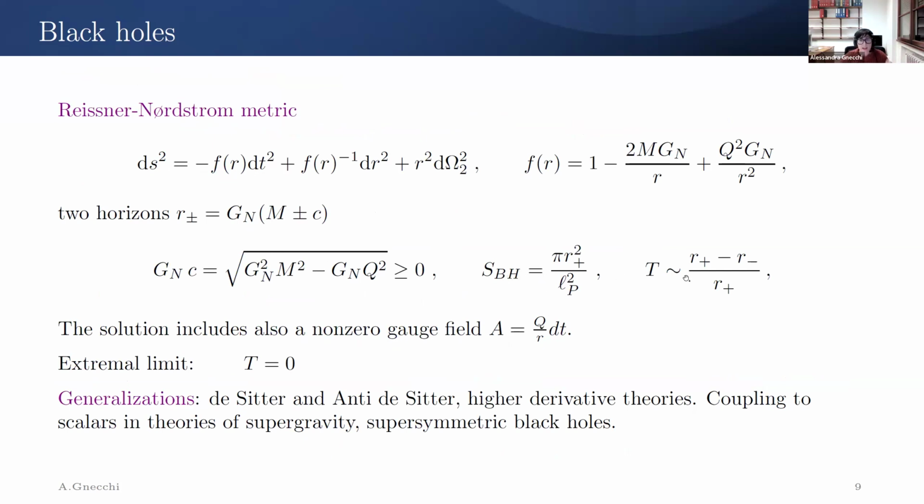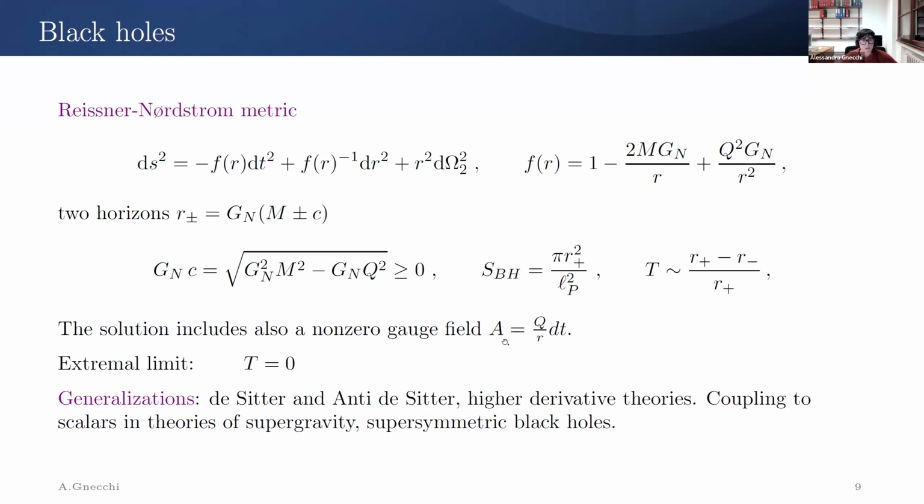And what's interesting is that now there is a limit where the mass and the charge of this black hole are equal, where you can see that the temperature goes to 0. So this limit is the extremal limit, and it is interesting because in the extremal limit, these solutions can be actually supersymmetric states. And so they have a precise realization in string theory, and so they will be the correct systems to study if I want to study black holes from string theory.